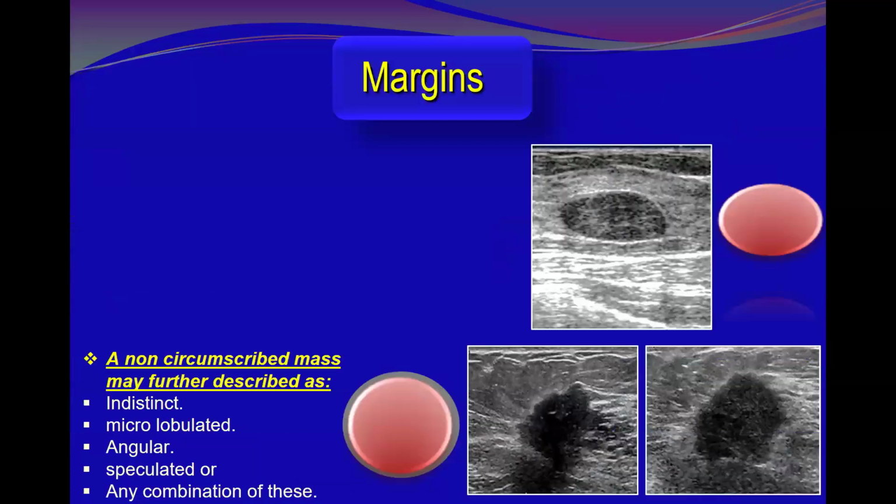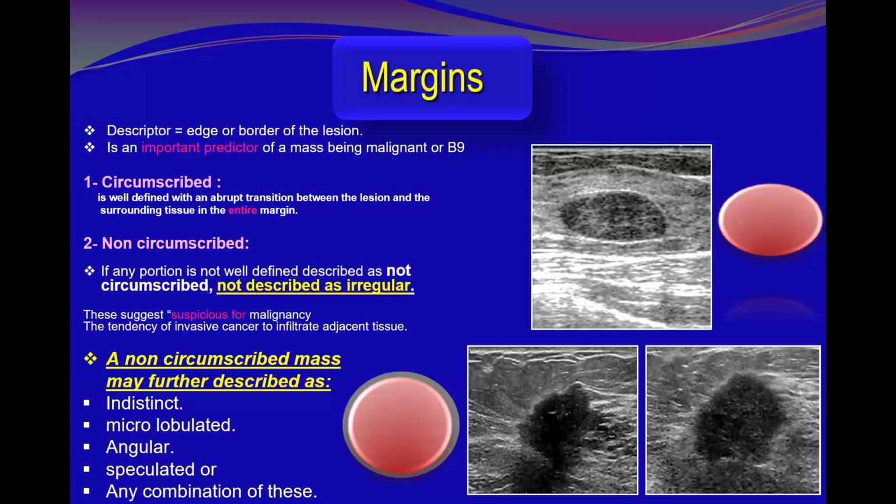Okay, let us go to descriptors of margins. The descriptor of margins means the edge or the border of the lesion, and it is a very important predictor of a mass. It is the primary predictor for the mass to be benign or malignant. And there are two main descriptors regarding the margin: